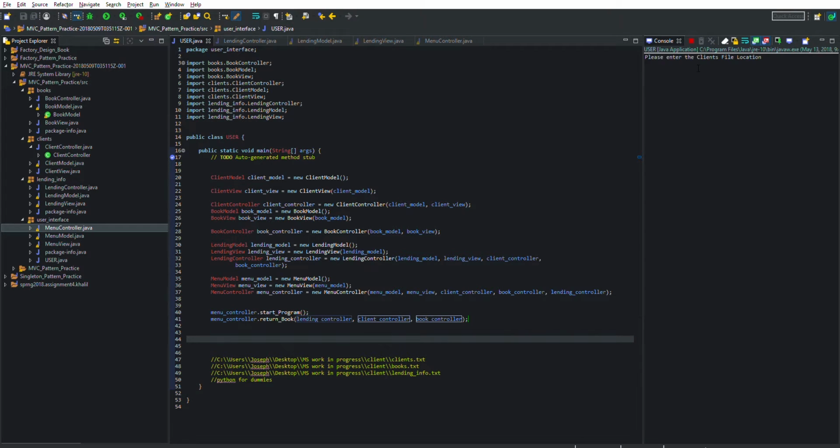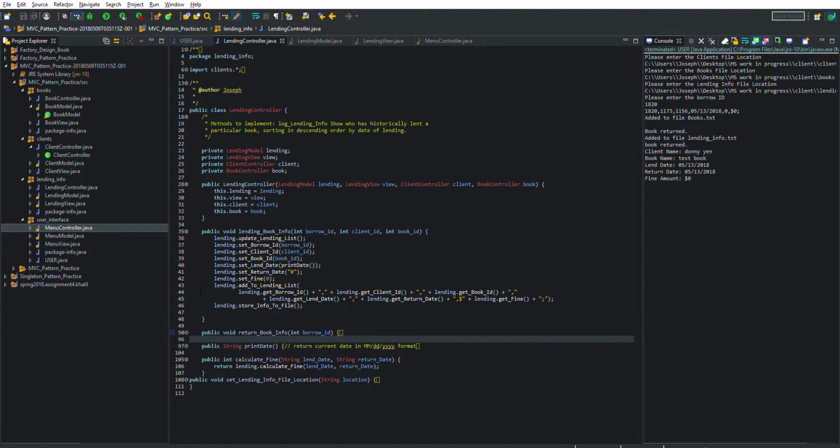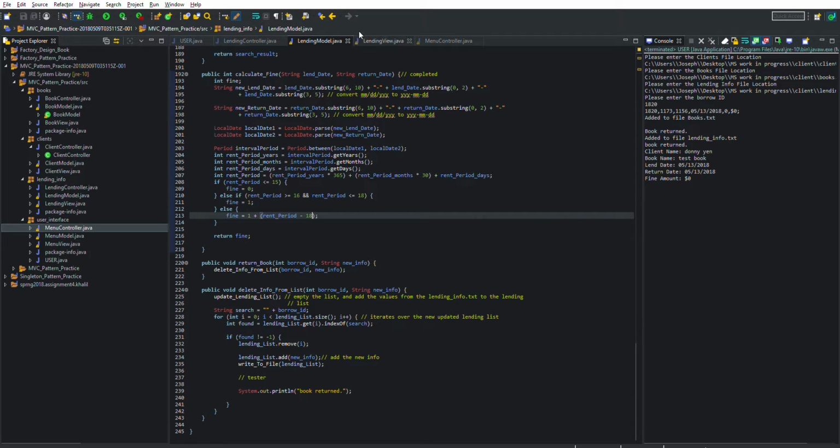Here we're going to return the book. Let's find that borrow ID. It was 1820, so 1820. So if we open the file, and if we can tell, the 1820, return date is 5/13/18, and the fine is 0 because it's within the same day. So we're able to create new clients, add new books, return books,